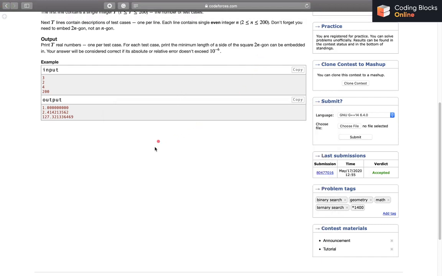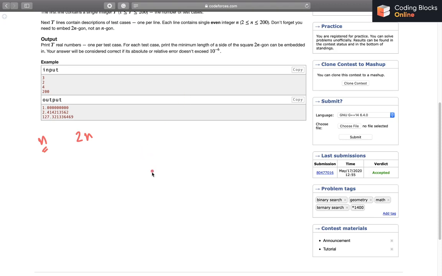Let's say we have the value of n as n, so we'll be having 2n sides, right? We know that 2n is a multiple of 4, because n is a multiple of 2, so 2n is a multiple of 4. That's the information that we are given in the question. So if it's a multiple of 4, it means that the sides can actually be divided into 4 somehow.